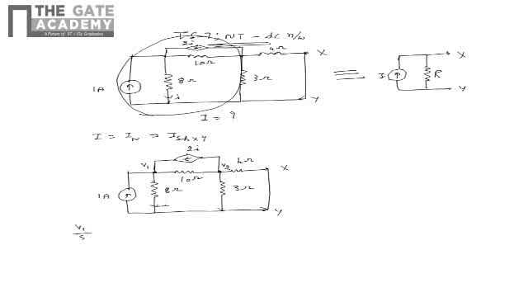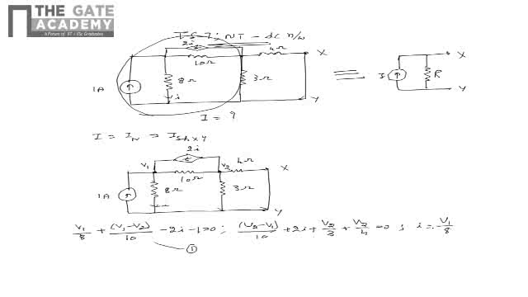that is V1 by 8 plus (V1 minus V2) by 10 minus 2I minus 1 is equal to 0, and (V2 minus V1) by 10 plus 2I plus V2 by 3 plus V2 by 4 is equal to 0, and I can be written as V1 by 8. Now upon substituting I is equal to V1 by 8 and upon solving the equations 1 and 2, we see